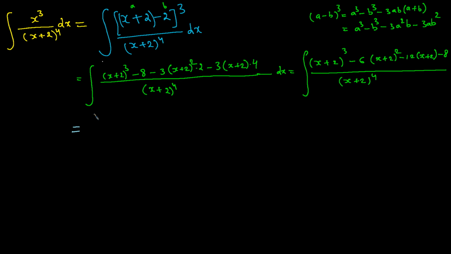Okay, so let's do that. So that can be written as, so first term is x plus 2 cube divided by x plus 2 raised to power 4. That gives me 1 over x plus 2. That's it. The second term is minus 6, and this is x plus 2 square and divided by x plus 2 raised to power 4. So 2 will cancel with 4, gives me 2 over here. So that'll give me 6 over x plus 2 raised to power 2 minus, then we got,